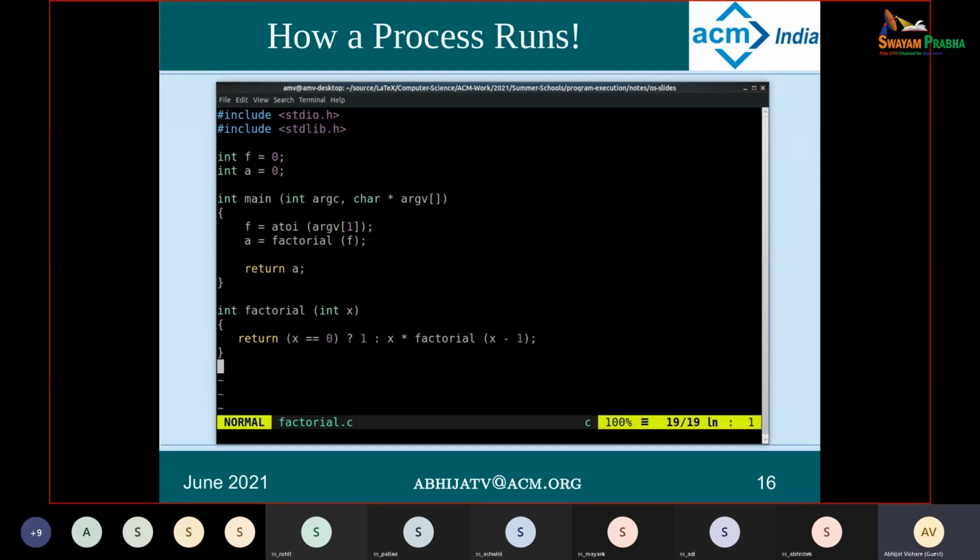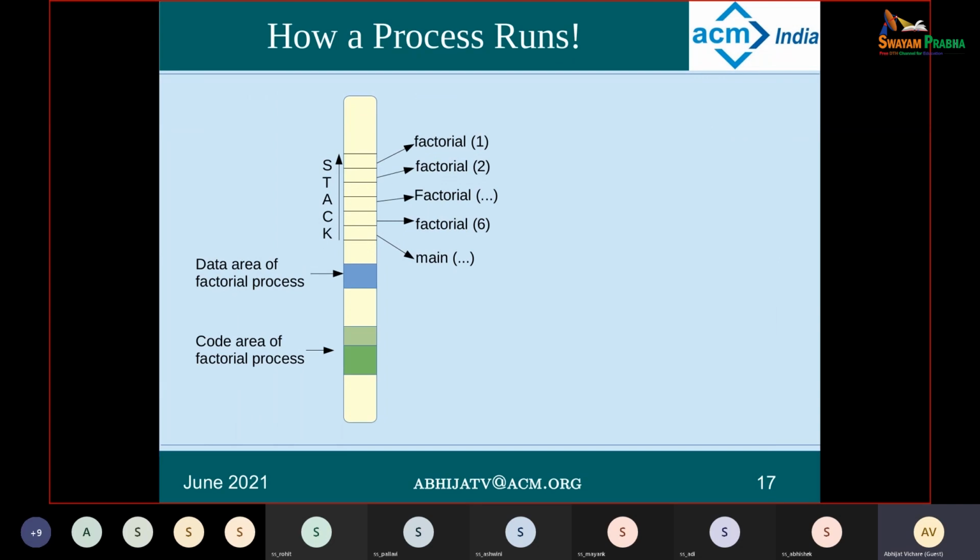So this is the factorial program in C. So here is the process that has been generated from this factorial program. How do I generate the process? We had seen previously the entire path from source program to a process. Here I'm saying that that entire path has been traversed, and in the main memory that you see vertically, you